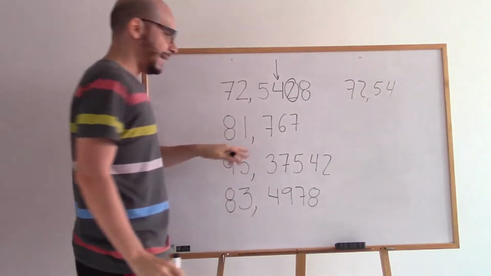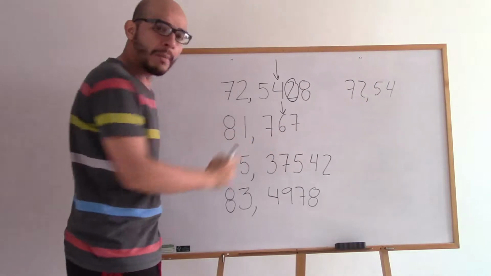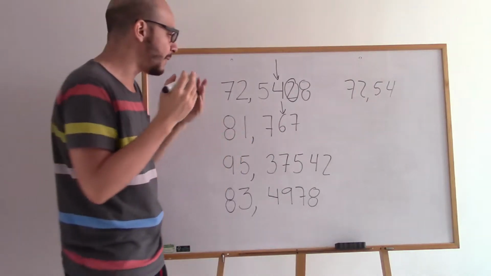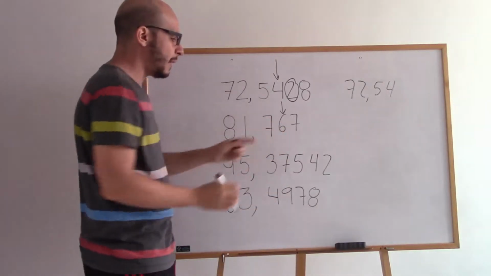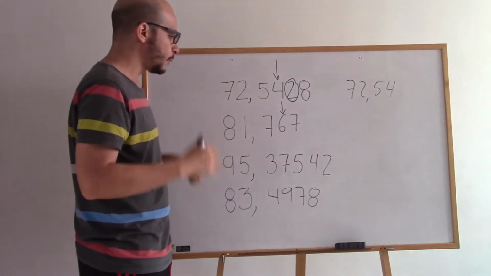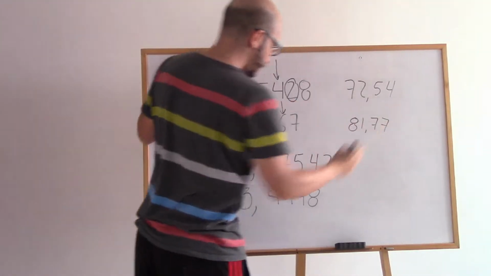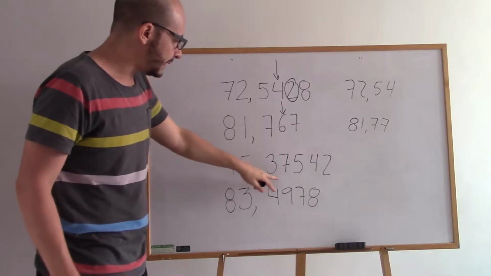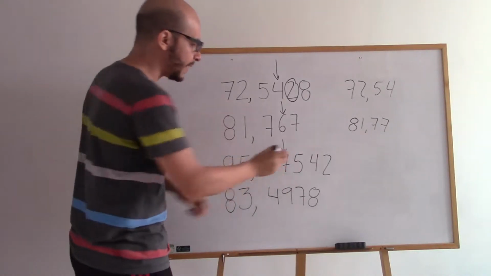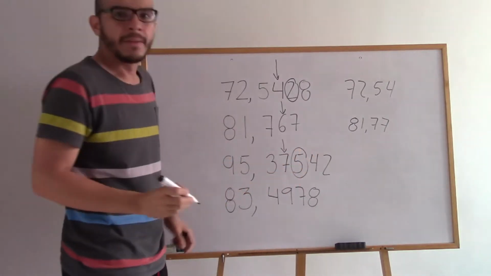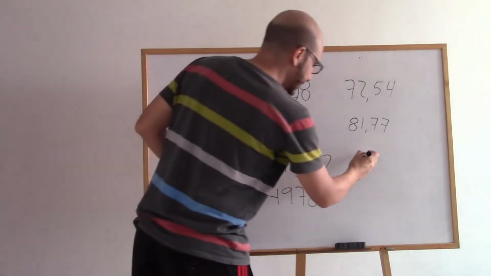72,54. In this case, first decimal, second decimal, this is the number we want to round. The number located on the right side is bigger than 5. When we have a number bigger than 5, then the number we want to round goes one digit up. So what we get is 81,77. In this case, first decimal, second decimal, this is the number we want to round. When we have 5 on the right side, like in this case, the number we want to round goes also one digit up. So what we get is